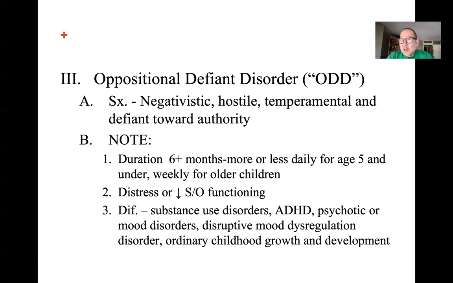If you see the child being absolutely fine with other children, not aggressing towards other children, not lying towards other children, that they seem to have some friends, or many friends, but the negativity, hostility, and so on is directed to authority figures, then you have a different issue. You have oppositional defiant disorder. Okay, the window is much less. All you need is the duration of symptoms for about 6 months, more or less daily for age 5, and weekly for older children,